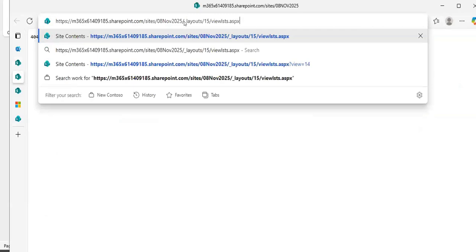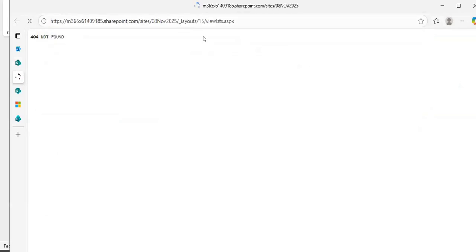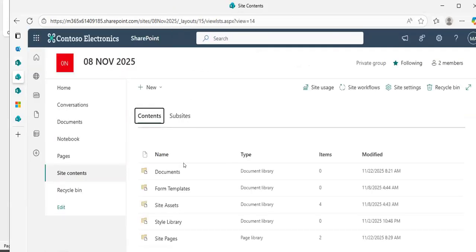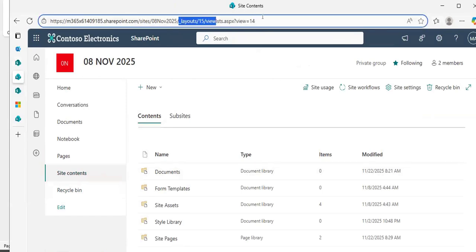So I'll paste this URL and try to access it. I can access this page. This is the site contents page. This is not the home page of my site. If you look at the URL, it is different: layouts slash 15 slash viewlsts.aspx question mark View equals 14. So this is my URL for the site contents page. Every page has its different URL. So when I try to access this site using this particular